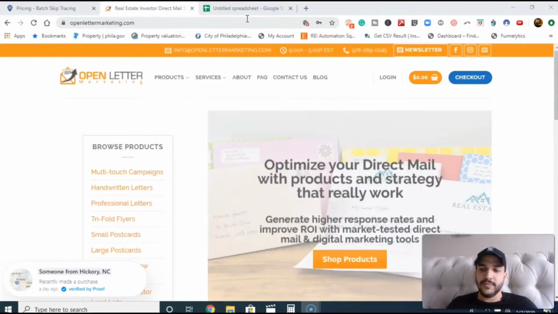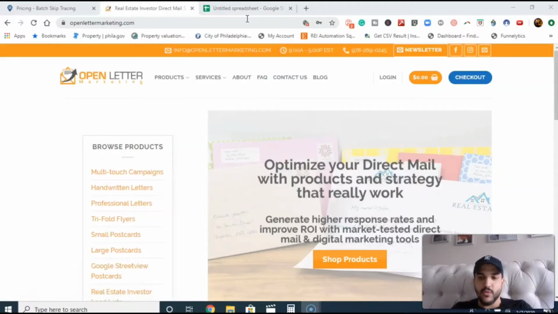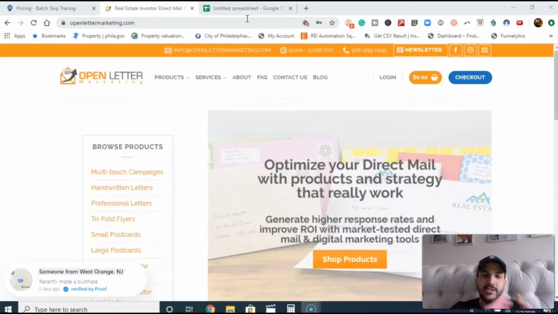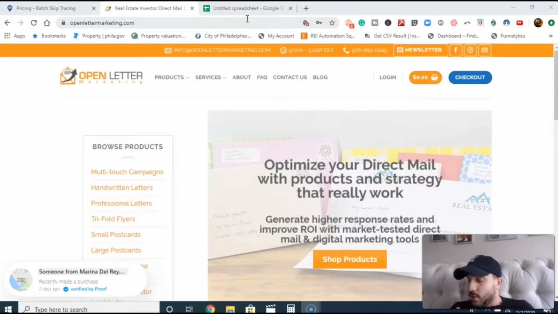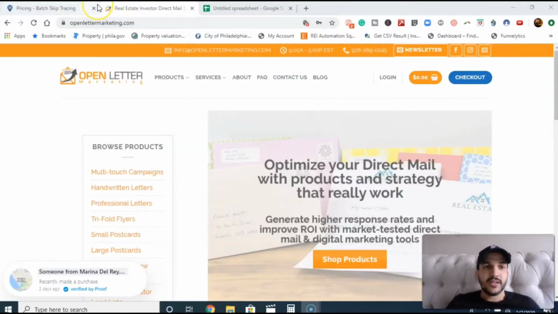So let's go ahead and get started. Essentially, when you send out direct mail, you're going to get a 10% of these, right? These are return direct mail pieces, okay? These direct mail pieces essentially mean that they were undeliverable. They were unable to forward. So what you have to do is manually, this is why most people skip it, you have to manually go into the tax assessor's website and find out